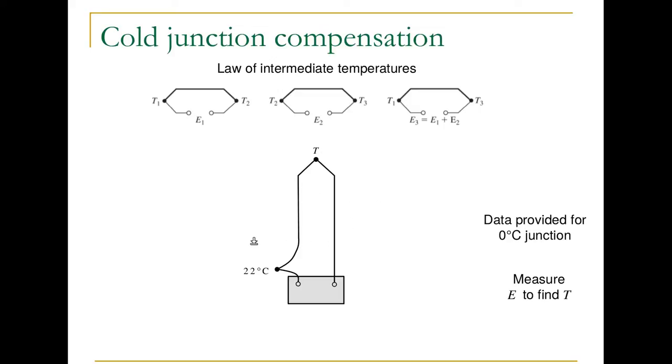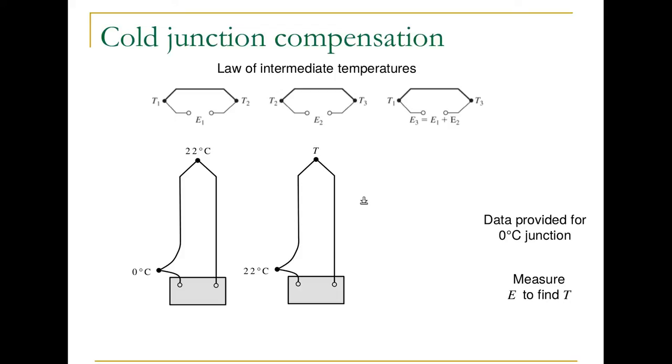So here is an implementation of a thermocouple, and this wire is material A, and then these two wires are the same material, material B. So now we have a material B and copper junction here, and a material B and copper junction here. The voltages from those two junctions will cancel each other out as long as these junctions are at the same temperature. So now we need to find the difference between the voltages at 22 degrees C and at our sense temperature. So this is equivalent